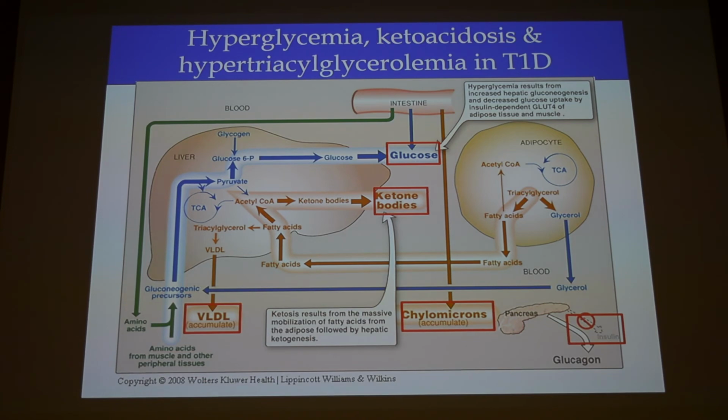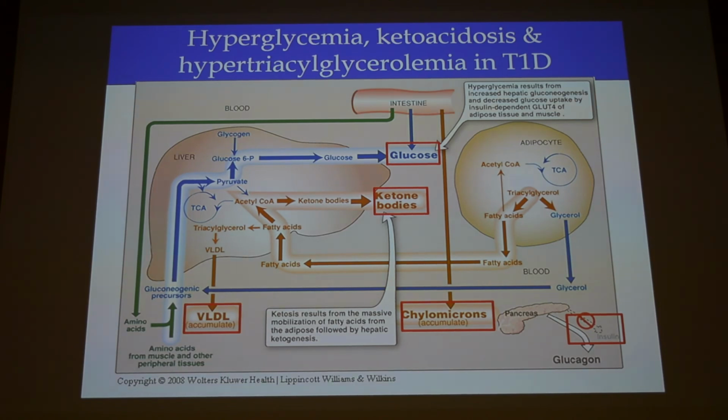So we said the three things. We have hyperglycemia, we have ketogenesis, and we have elevated triglyceride. All because there is no insulin. Can you explain to me why we have those three things? Elevated triglyceride because we can't inhibit the hormone-sensitive lipase. What else? Okay, that's good, that's enough. So we have elevated triglyceride because we can't inhibit the hormone-sensitive lipase, and what else?